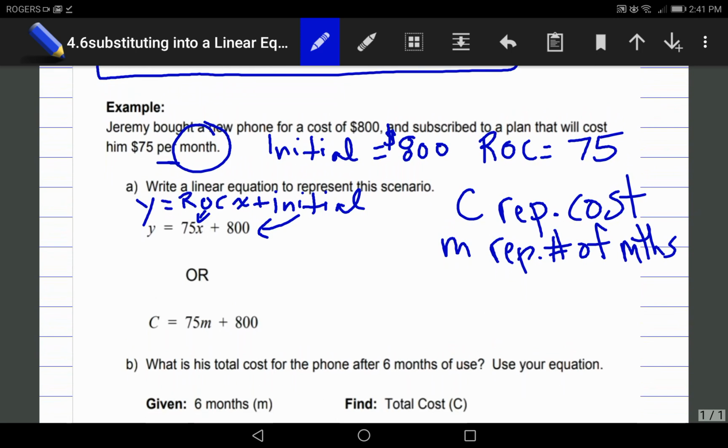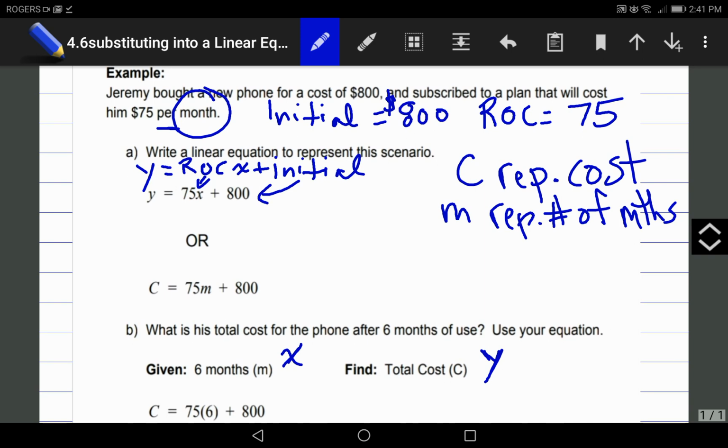Or, I mean, it's also the X. If you left it as X and Y, then it would be X, okay? We are going to find the total cost or find Y, okay? So find capital C or Y. Remember, they're the same thing. We just can use different letters. Okay, so we're going to substitute